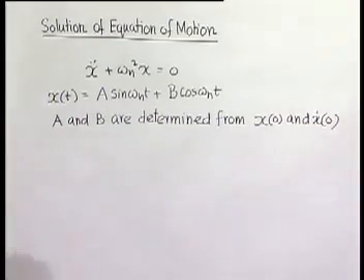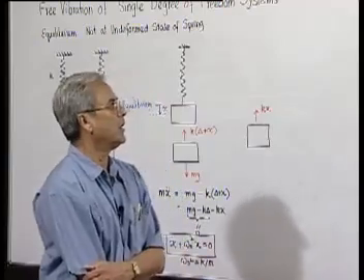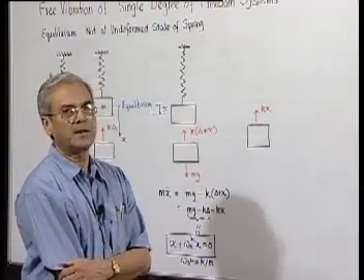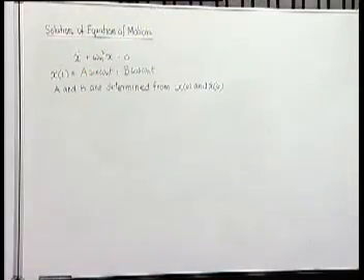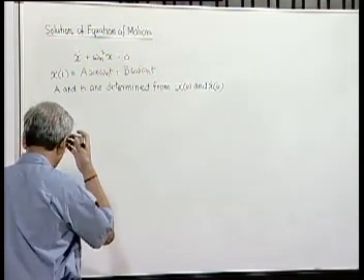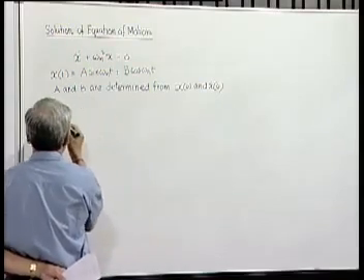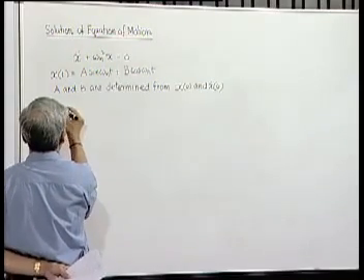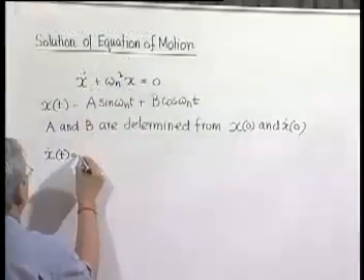So the values of the position and velocity at t is equal to 0 have to be specified, otherwise the problem is not completely stated, and once they are given, we can find out the values of A and B. So how do we do it? We find out x dot t is equal to